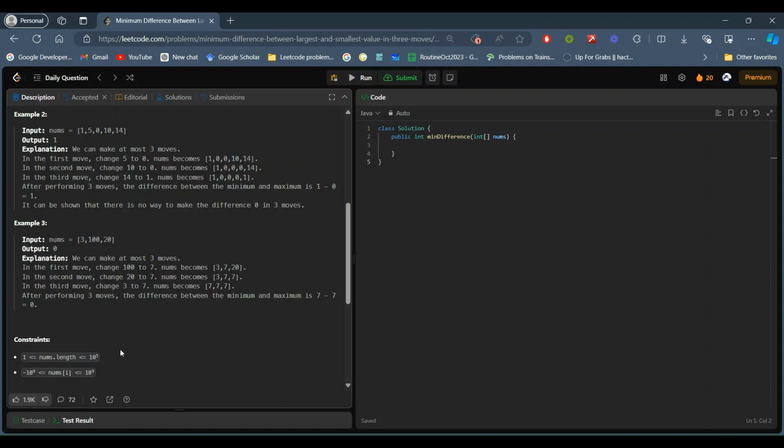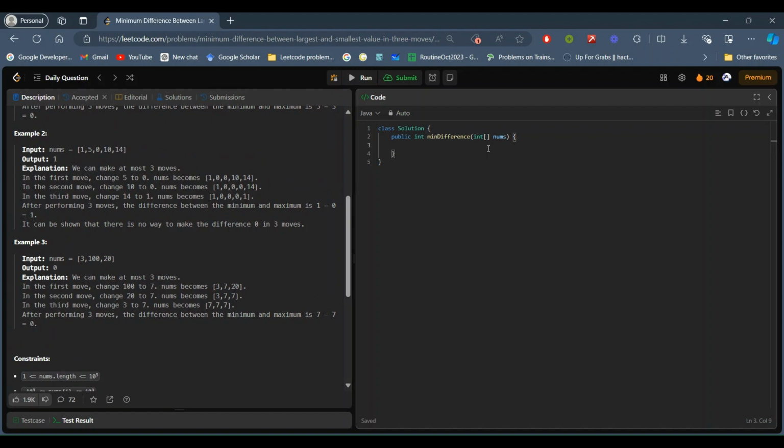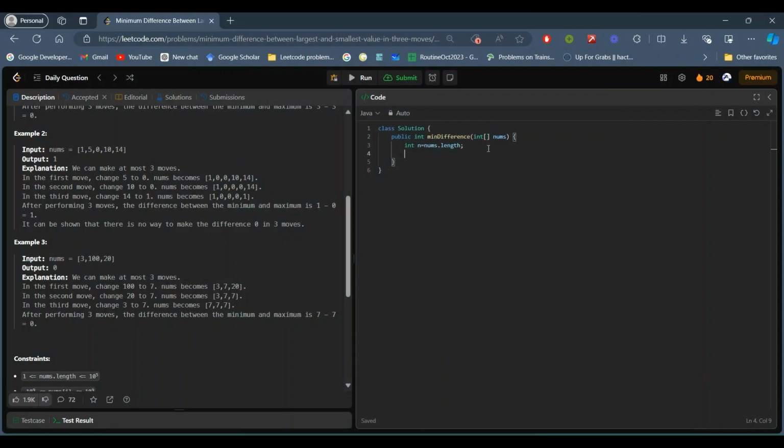So we have to think in n log n or in big O of n. If we are taking sorting, then it is going to take at least n log n time complexity, and that is valid. So let's try to sort it out, then we will think about the solution. So let's go for the code. Here n is the length of the nums, and we will sort it out.